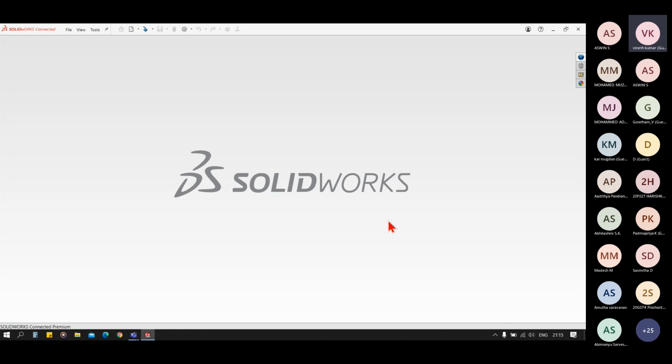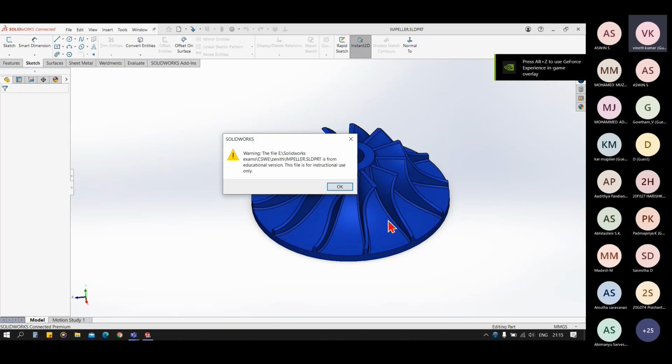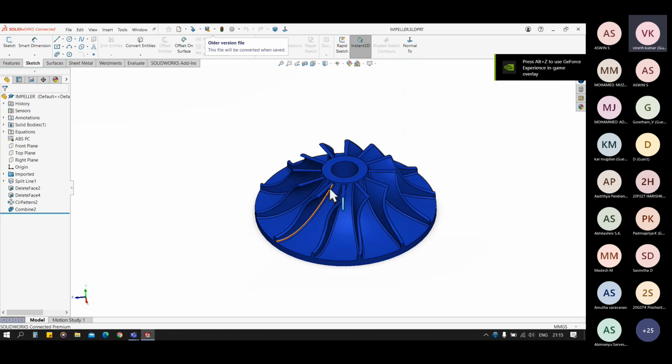So basically delete and fill is not working. It is similar to the delete and patch.